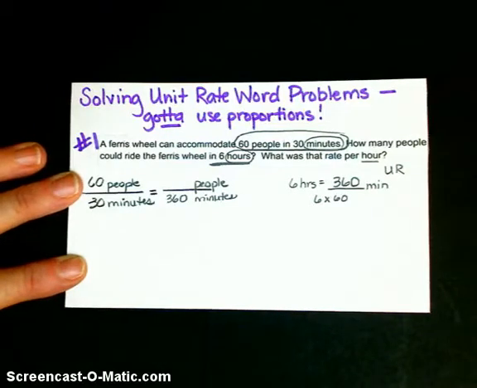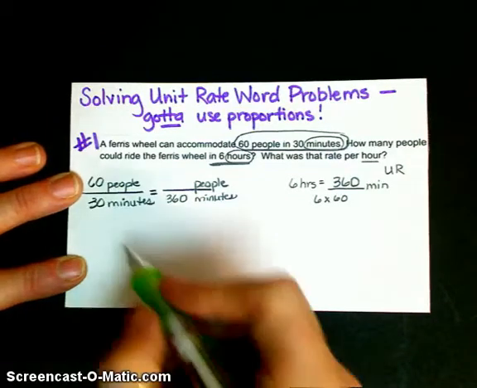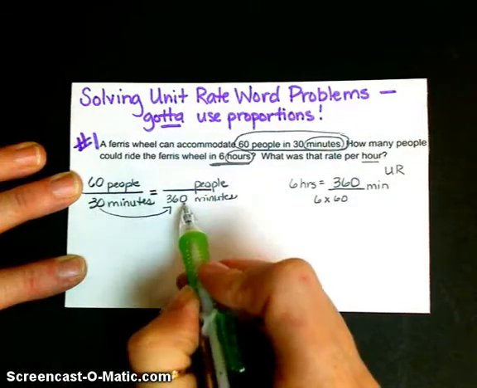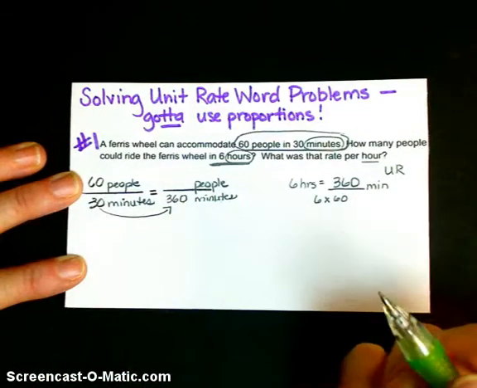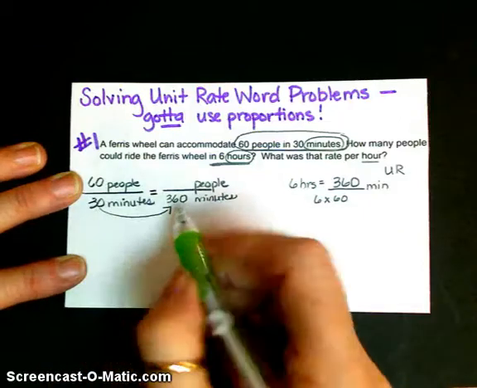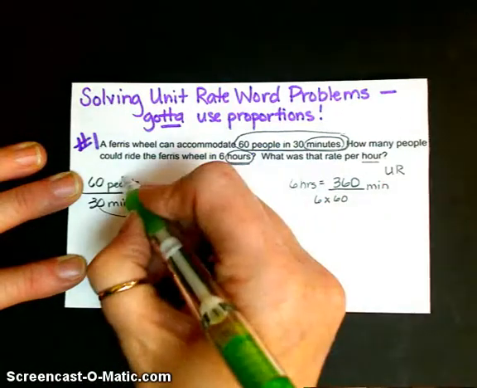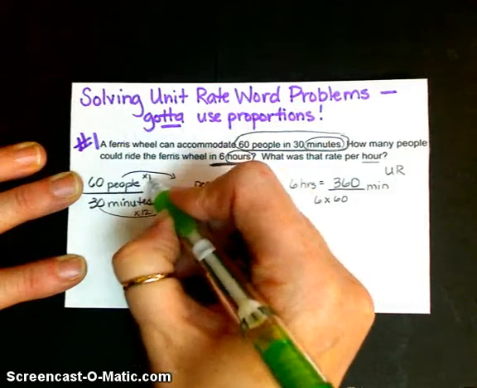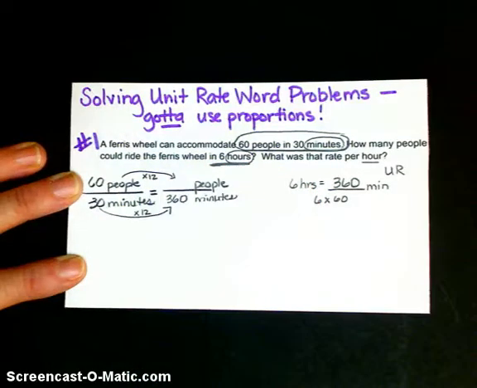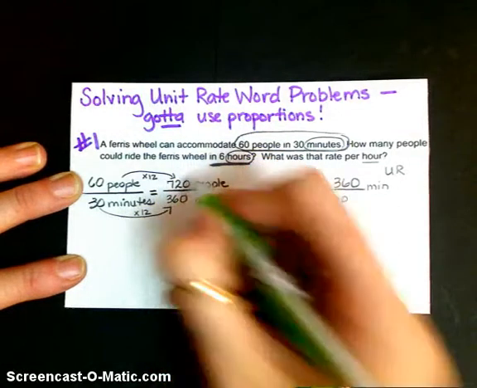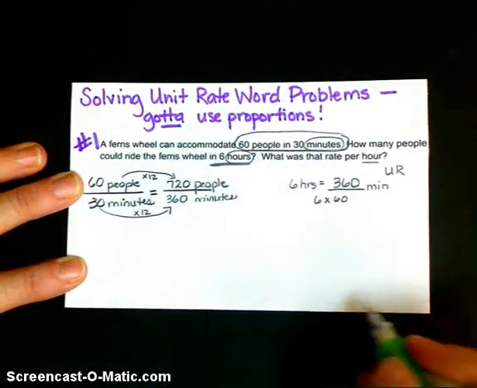Well, we can do it a couple different ways, but you guys seem to like going side to side instead of up and down more, so I'm going to do it this way. What do I have to do to 30 to make it become 360? I'm going from a little number to a big number, and I have to multiply times 12. If I do that to the bottom, I have to do the exact same thing to the top. And I get 720. So to answer this first question,